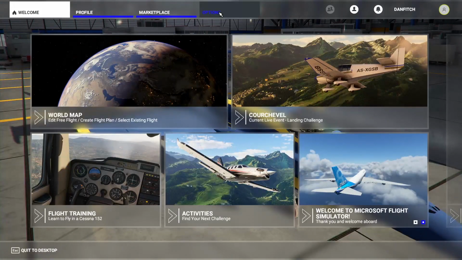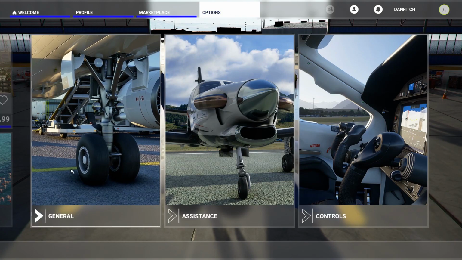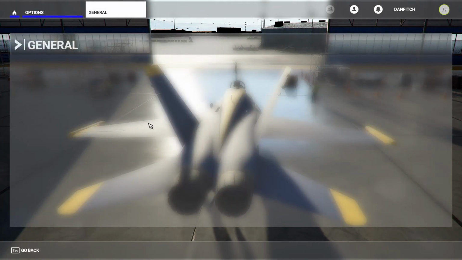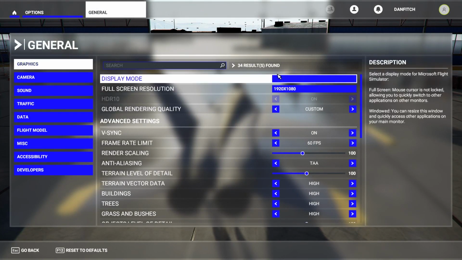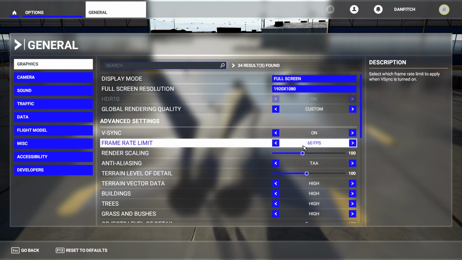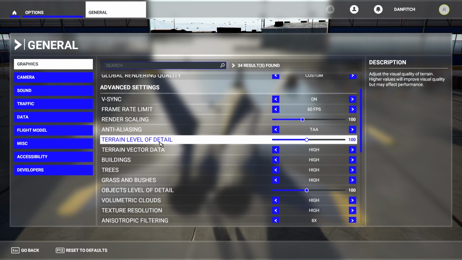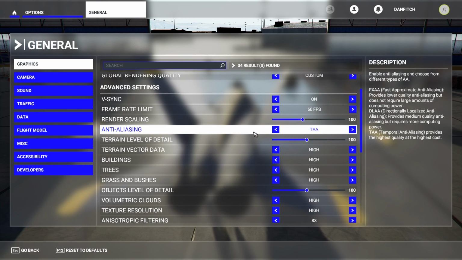But let's get right into it, make it super short and simple. So we're going to go to options, general. Once we're in general, we've got all of our settings here, make sure you're in graphics. So whatever FPS limit you want to put on it, you can put a limit on it, you don't have to. But one of the first things you need to do is put terrain level of detail to 100. Normally it's set to 200 if you have an ultra setting. Just click that down to 100